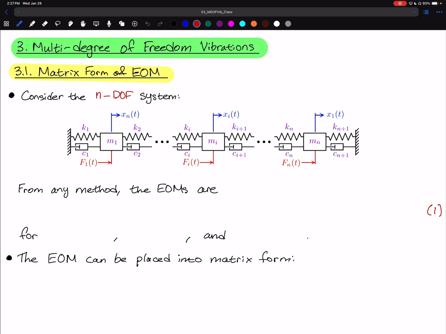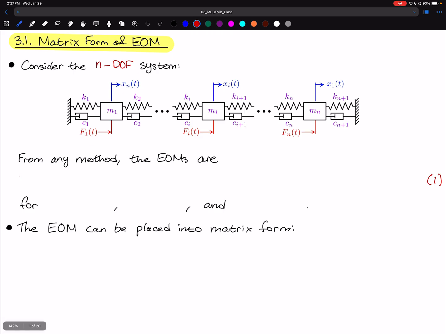You can apply any of the techniques that we've covered in this class for finding equations of motion, and then you'll find n equations, not just one or two or three, you'll find n of them, whatever n is equal to. And they'll have the form, for the system shown here, m_i times x_i double dot plus c_i times (x_i dot minus x_{i-1} dot) plus c_{i+1} times (x_i dot minus x_{i+1} dot)